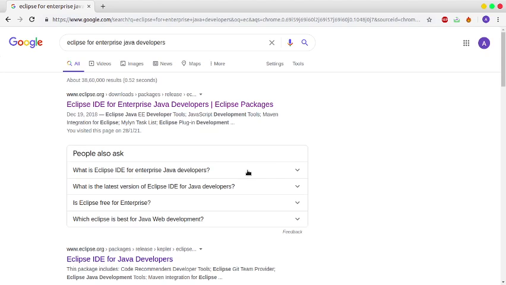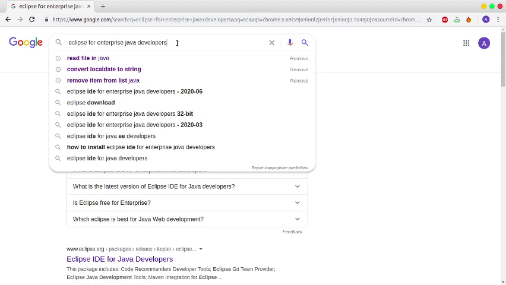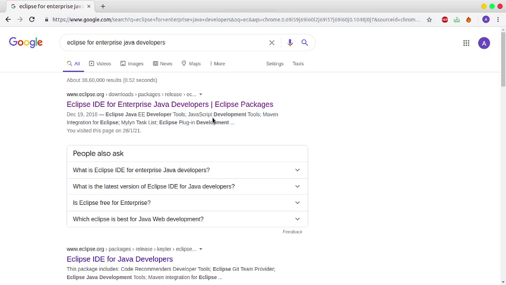Hi guys, so we are going to do a Java crash course. Basically, for this we need to install Eclipse IDE for Java Developers. You have to search for Eclipse for Enterprise Java Developer in Google and you will see Eclipse IDE for Java Developers. Click on this link